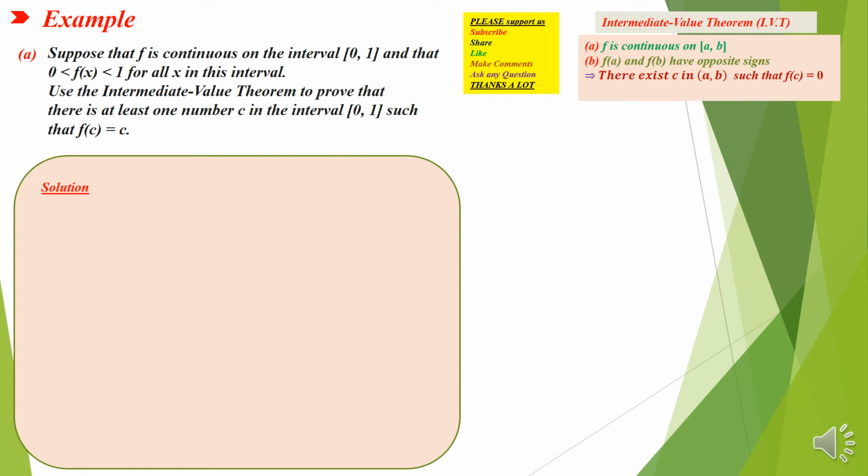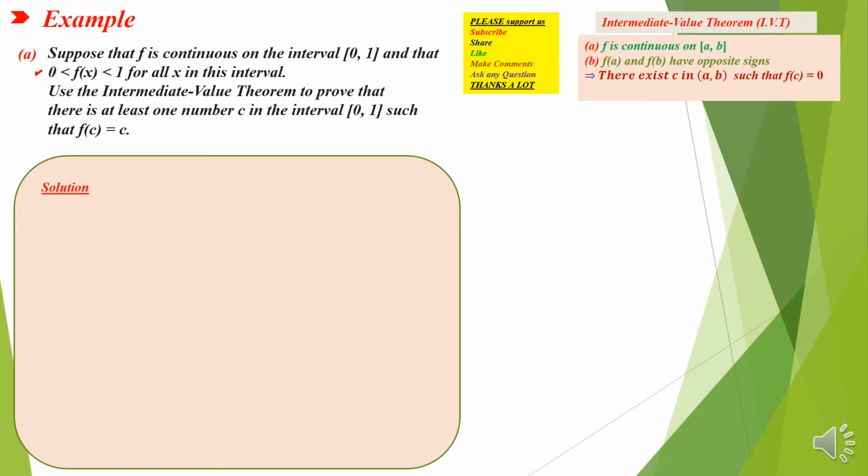Hi everyone, in this example we have two parts, A and B, and you have to use the intermediate value theorem to prove some statements. In part A, suppose that f is continuous on the interval from 0 to 1 and that f of x is greater than 0 and less than 1 for all x in this interval. Use the I.V.T. to prove that there is at least one number c in the interval 0, 1 such that